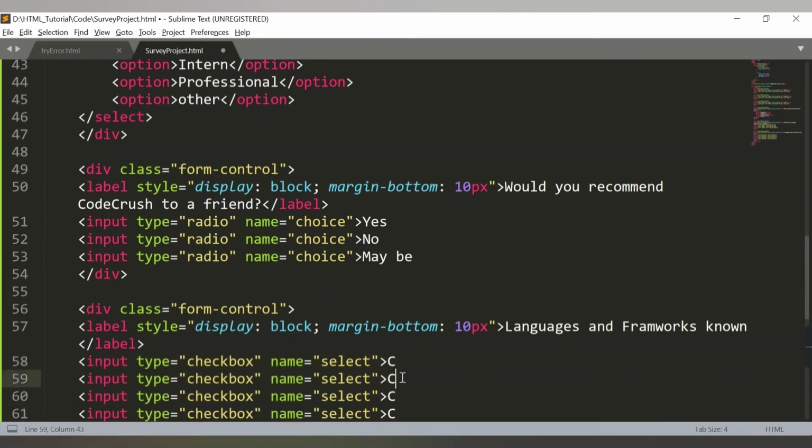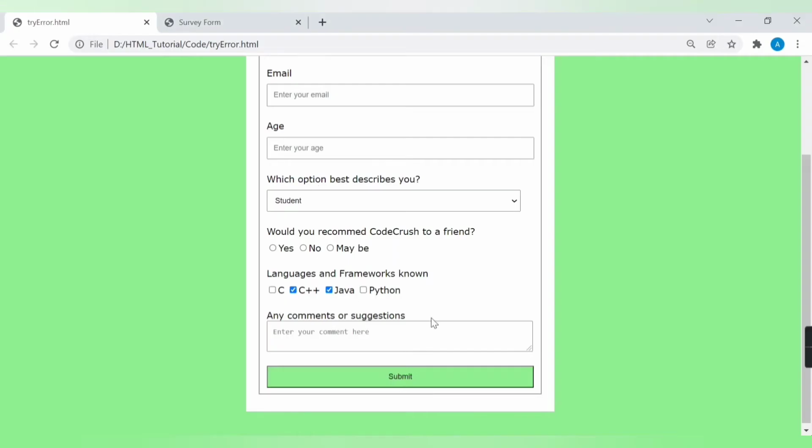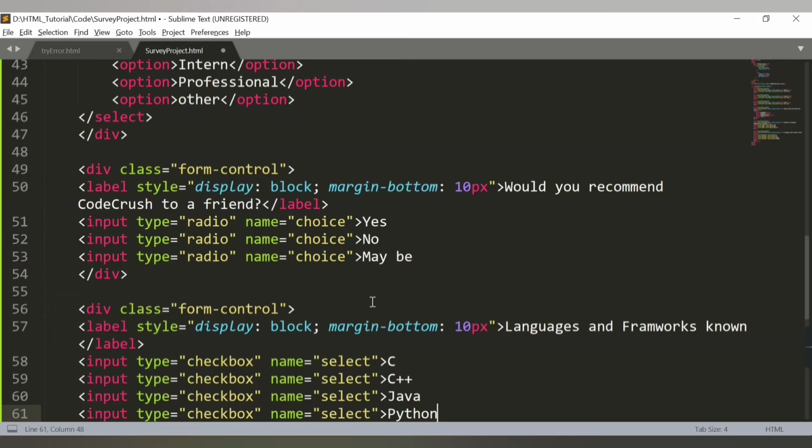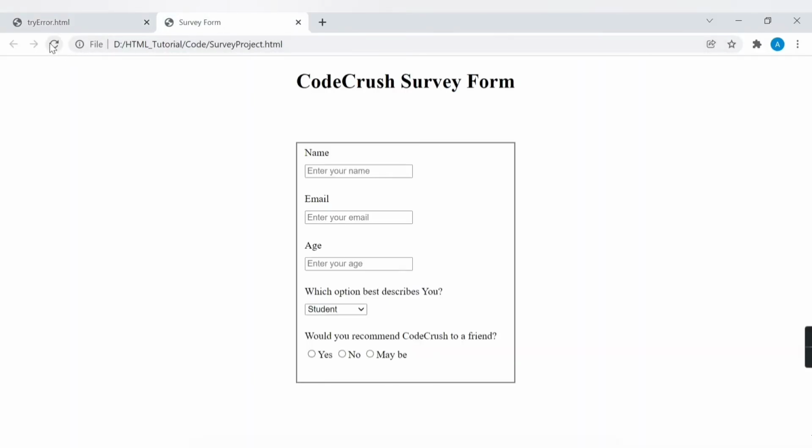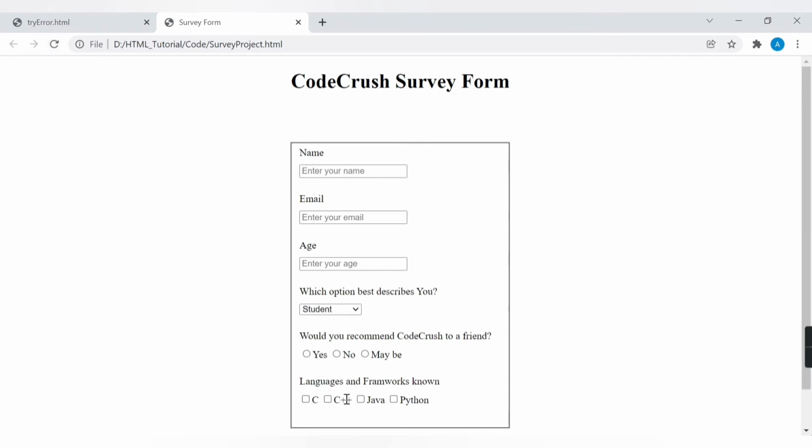So C, C++, then Java, Python. What else values were provided? Yeah, these four values we need to provide. So we have provided those values. Let's see our page now. So see, we are getting here the checkboxes to select multiple values.